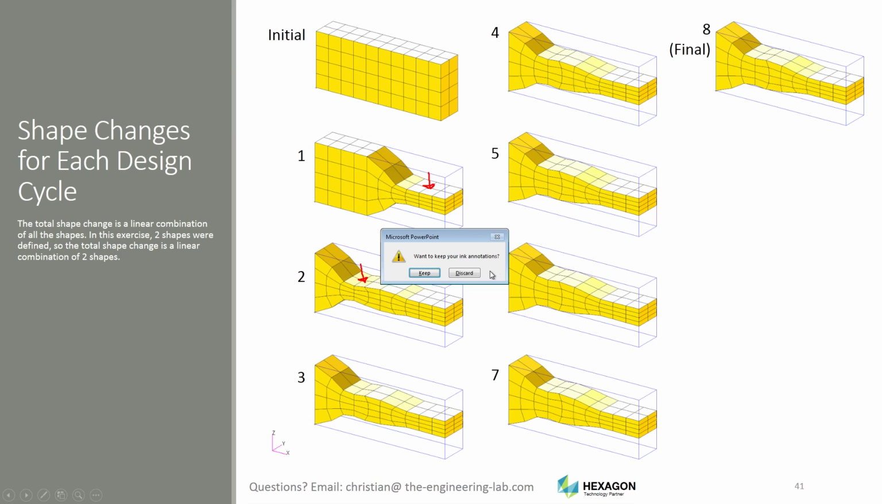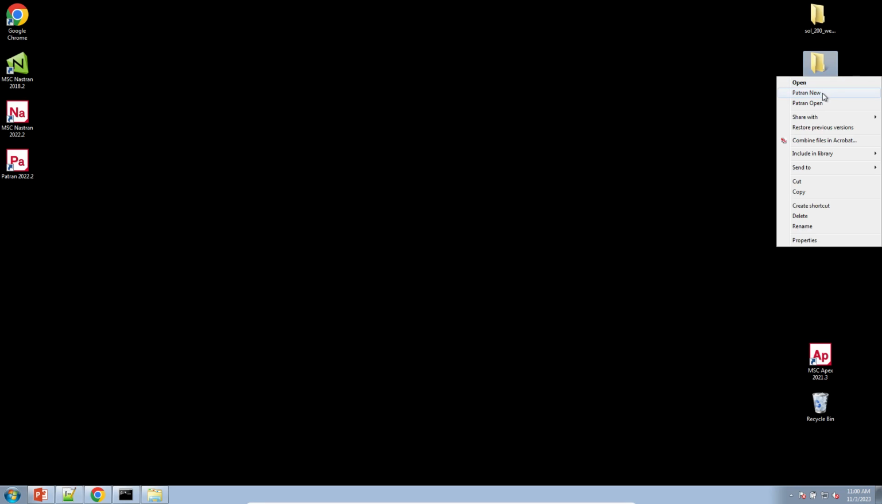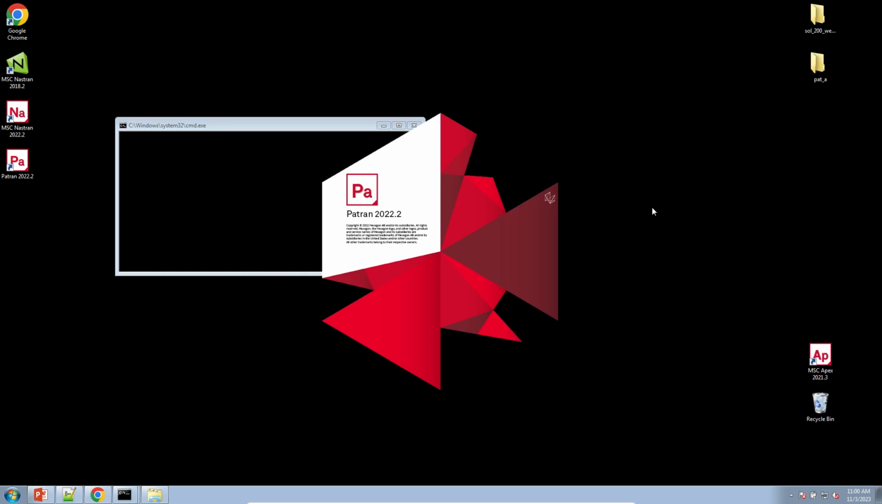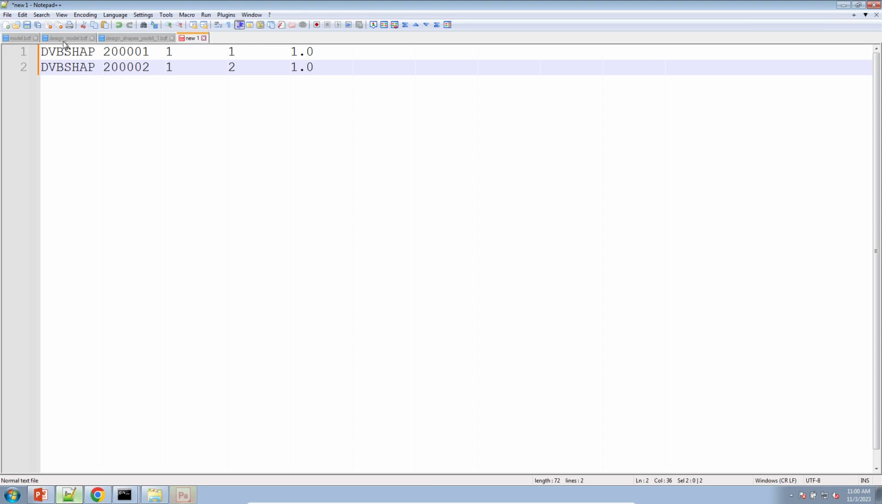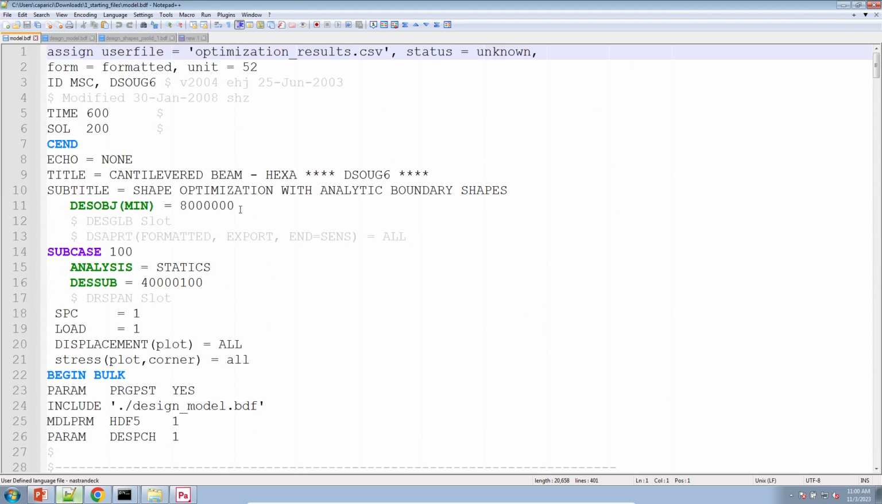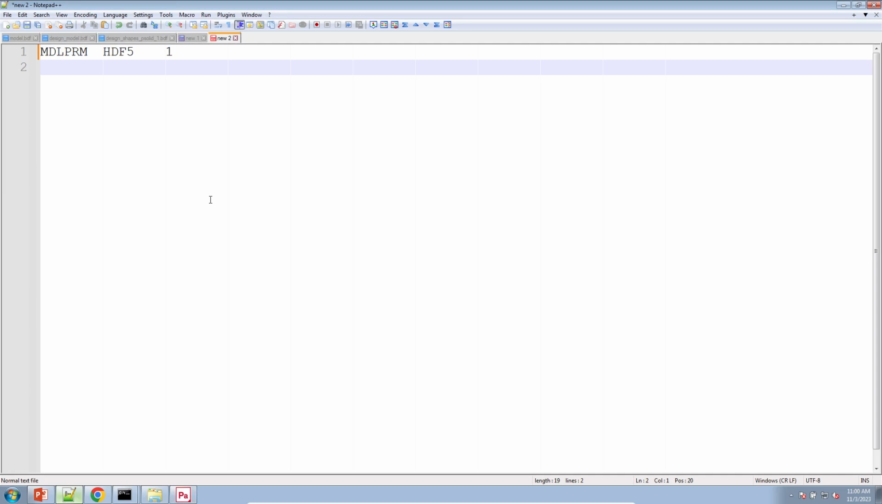Now, you might be asking, hey, how do I get images of these different shapes? So this is where we now get to open a pre-post processor and we get to look at the results. Number 1, how do you get a result file? If you look inside the model.bdf file, we see this entry,